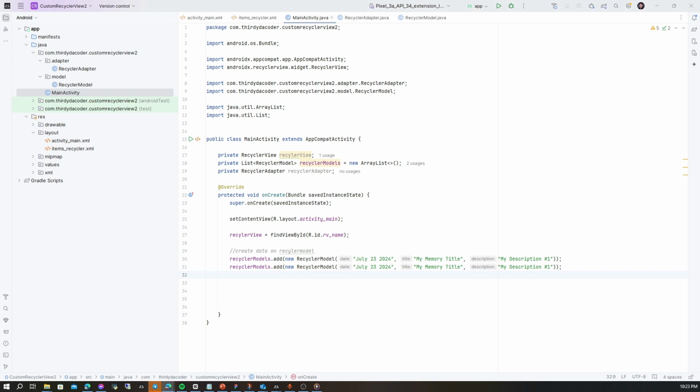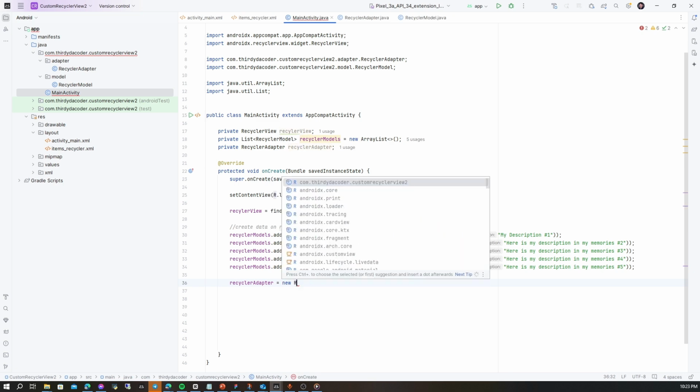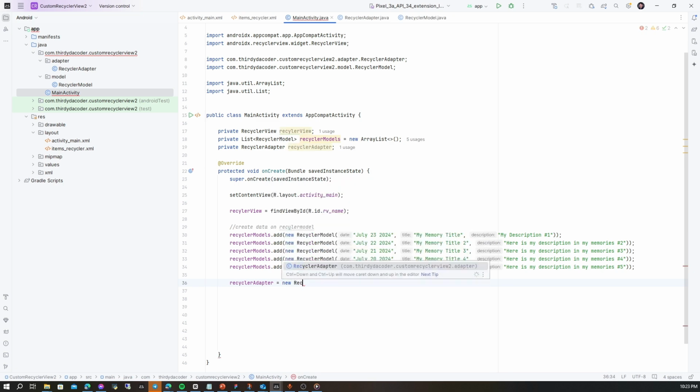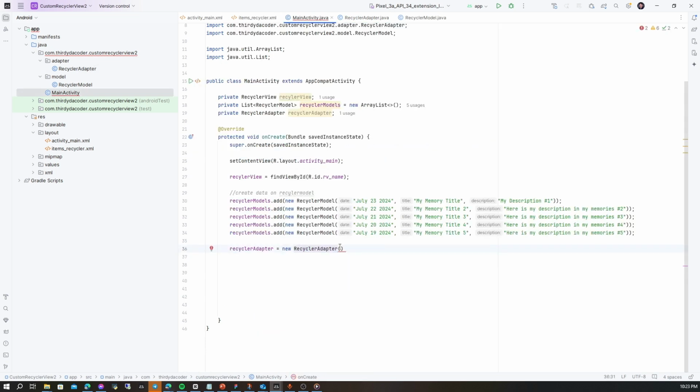Then we can copy, paste and add the dummy data. So I can copy, and the next step we can call the adapter. So recycler adapter equals new recycler adapter. And we can see the constructor of recycler adapter requires a context and the recycler models. So we can add this.